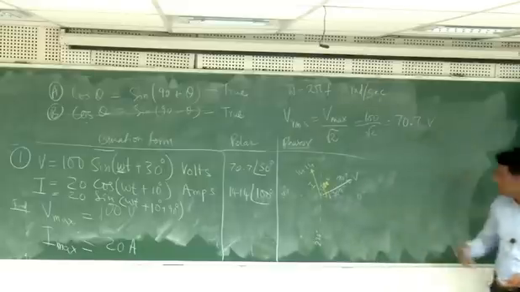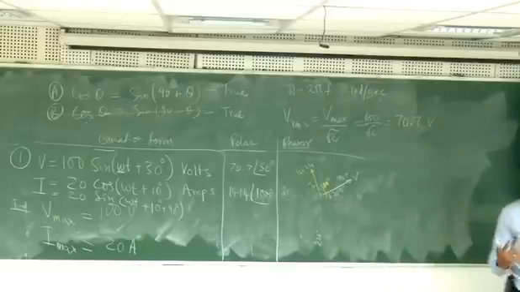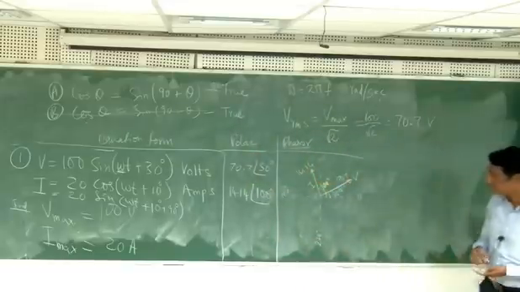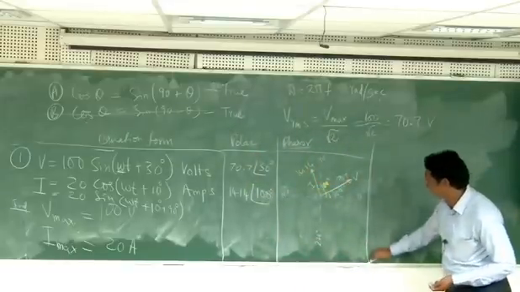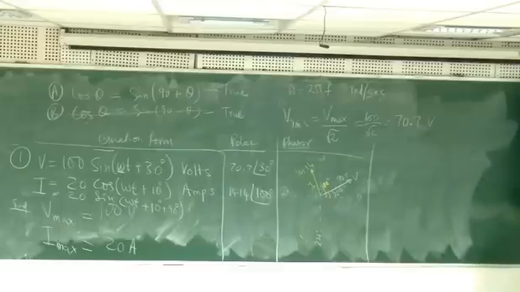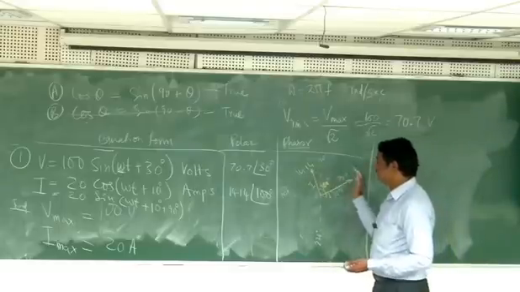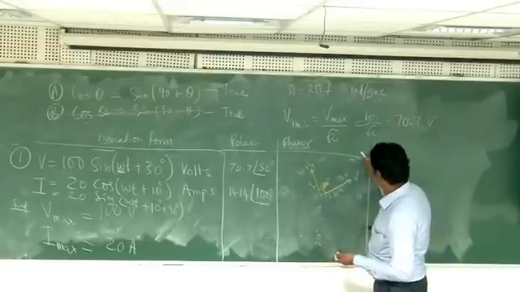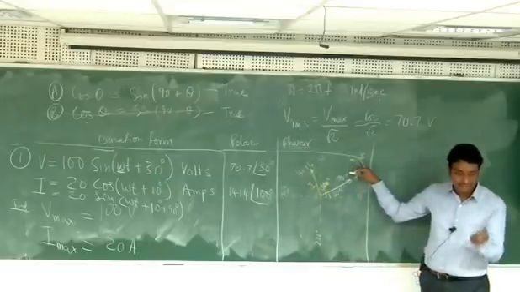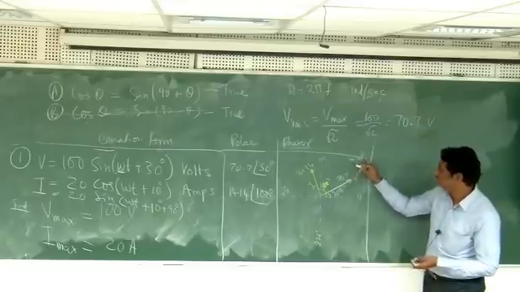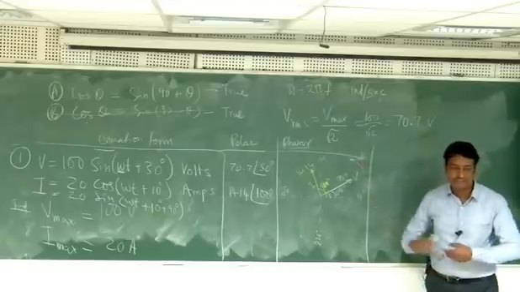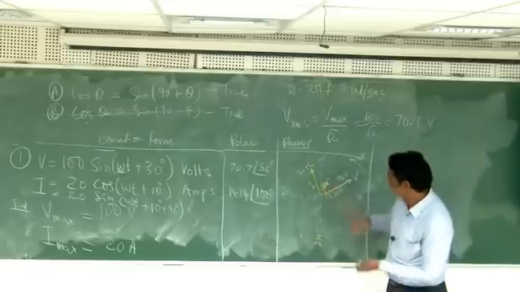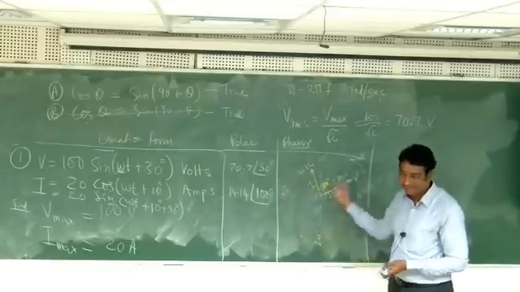Now, why is this correct, or why are we choosing this one and not the other? The reason is that you can have a mental picture that these phasors are all rotating, like this, omega t. Omega is radians per second and t is seconds, so if I multiply these two, it gives how much angle it has rotated. This is rotating, this is also rotating at omega t. All are rotating at the same angle.